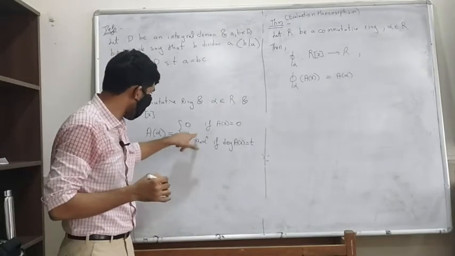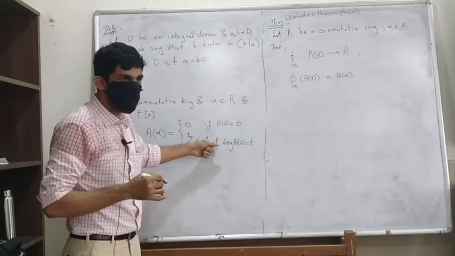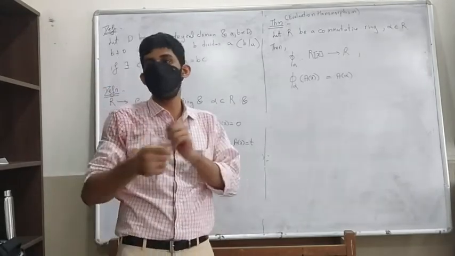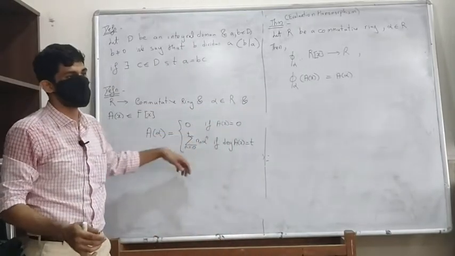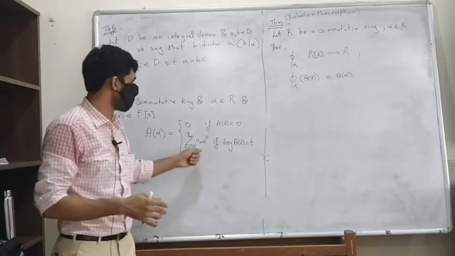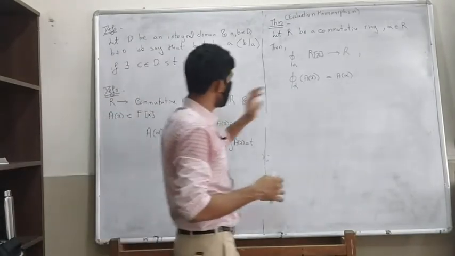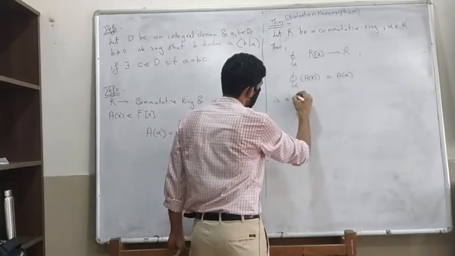These are all elements of the ring. a_n is an element of the ring, alpha is an element of the ring. So alpha raised to n is going to be in R, a_n times alpha raised to n is going to be in R, and you are just multiplying things in the ring and adding them among themselves, so you get an element of the ring. That's what we have. So this is what we want to show is a homomorphism.